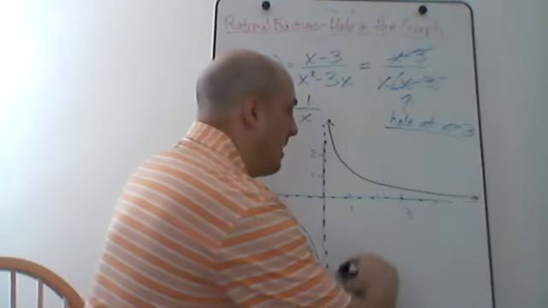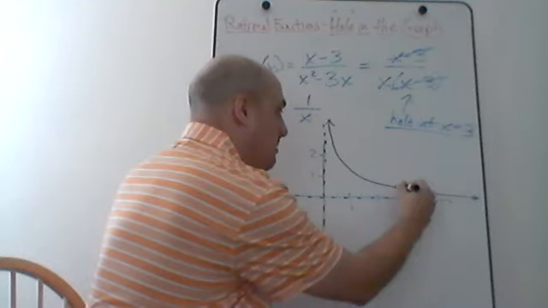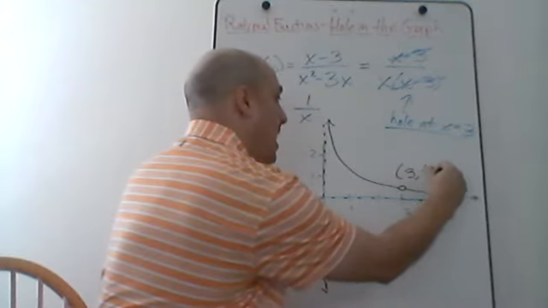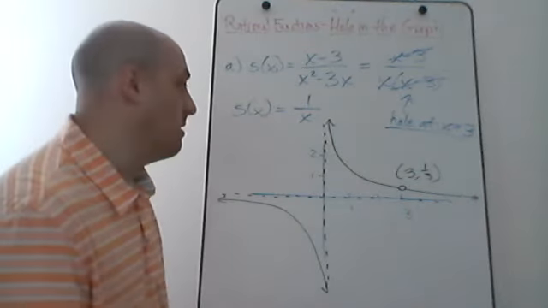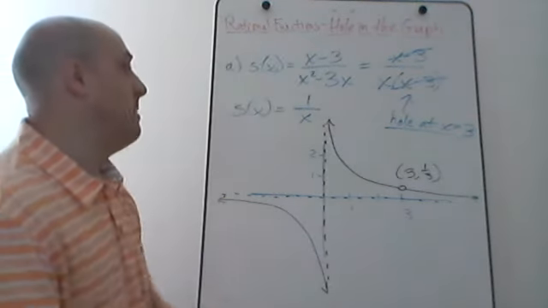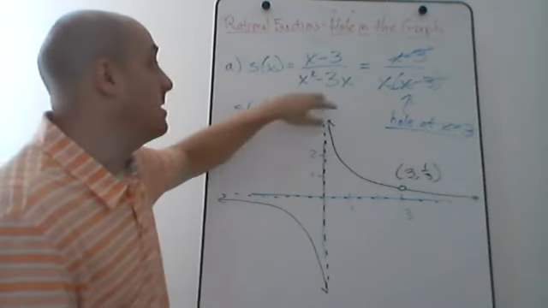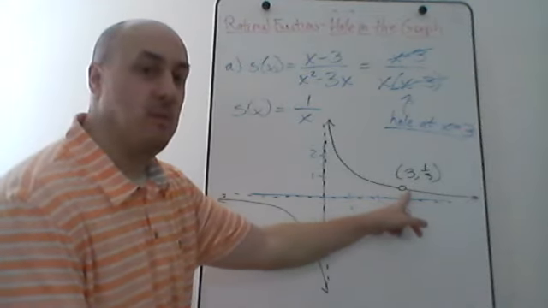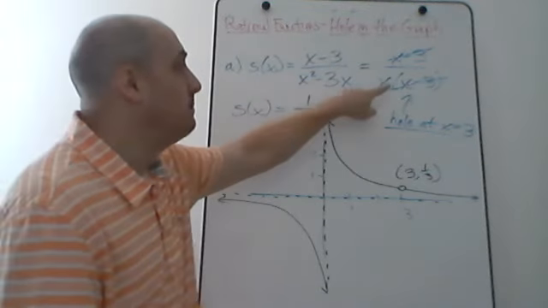x equals 3. So I have to go here to x equals 3, and at that point at x equals 3, I have to put a hole in the graph. Right? And the coordinates of that point would be 3, 1/3. Right? If I plug in x equals 3 here, I get 1 over 3, which is 1/3. Right? So basically the graph of s of x equals x minus 3 over x squared minus 3x, it's exactly the same as the graph of 1 over x because that's what it simplifies to, except for that one point at 3, 1/3. Right? The graph is missing that one single point because my original function had that factor of